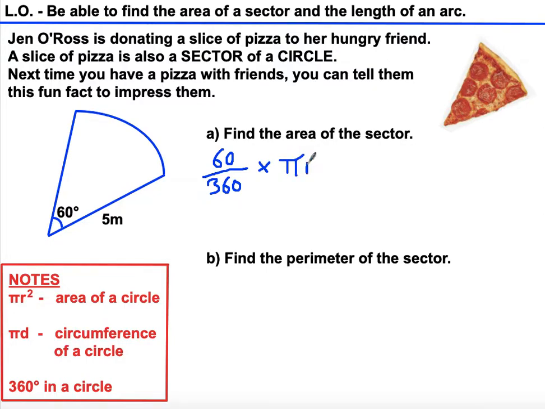Now the radius is 5 meters, so consequently we can substitute this in and find the area of the sector. Just out of interest, if you're simplifying fractions, 60 out of 360 is 1/6. So 1/6 times pi times 5 squared, and that gives you an answer of